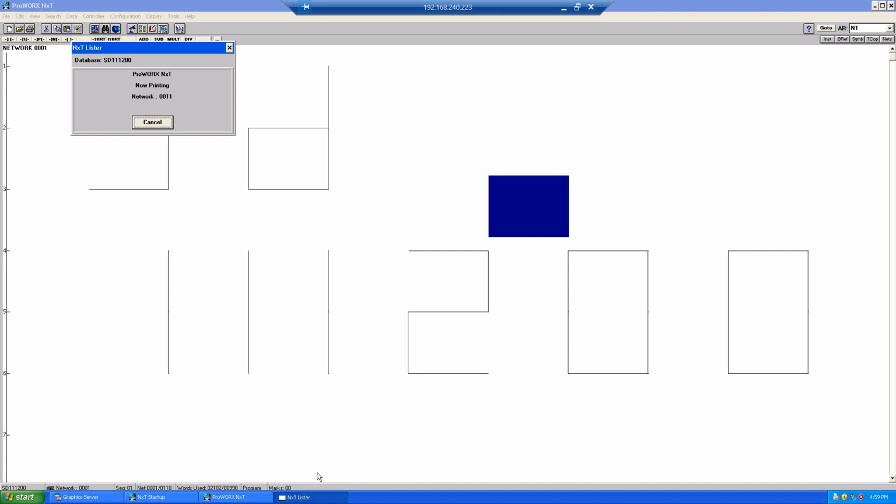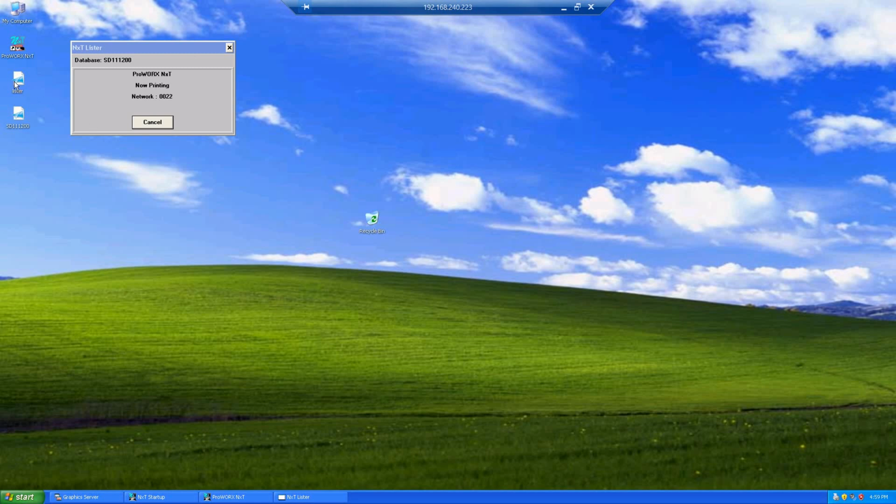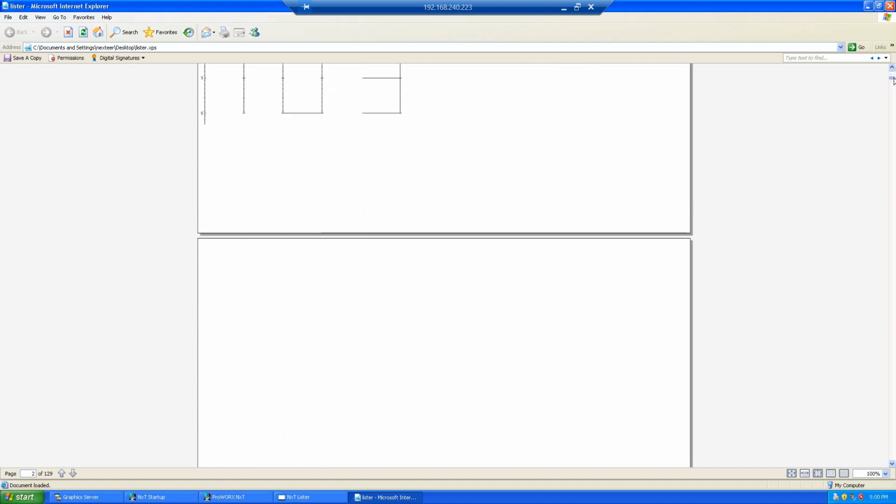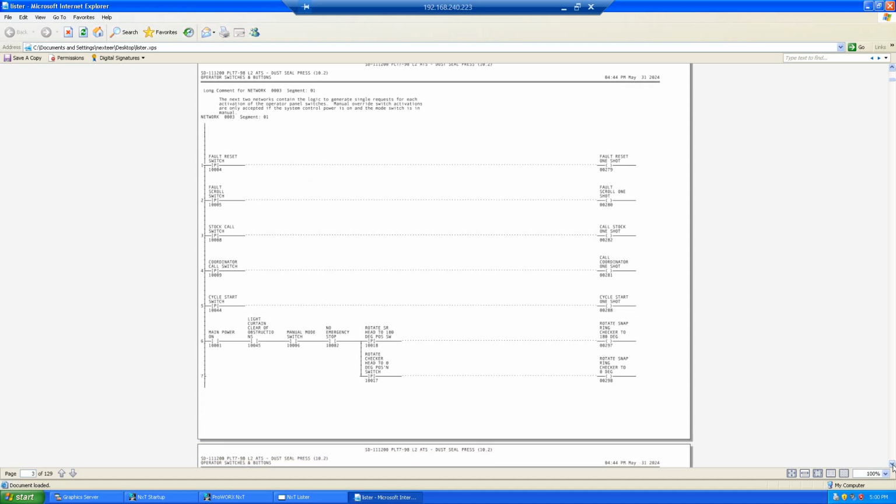To save you time in this video, I'm going to try to get out of here and show you what it looks like. You'll have to trust me, this is the exact same file. Okay? You can see I printed it 15 minutes ago going through this. You can see this is a Plant 7, Department 98, Line 2 ATS, Dust Steel Press Station. And the key here is all the information is on the page, and trust me, even though it's size 7 font, it's actually quite easy to read on paper and in